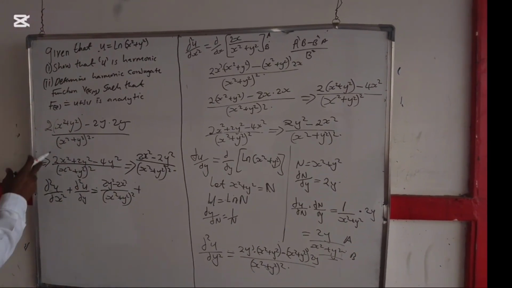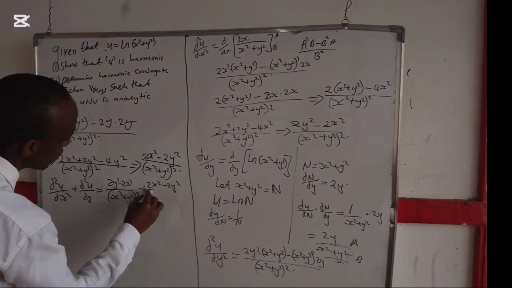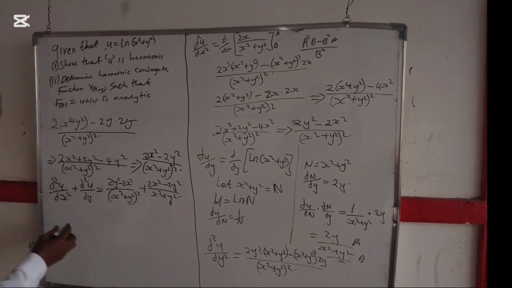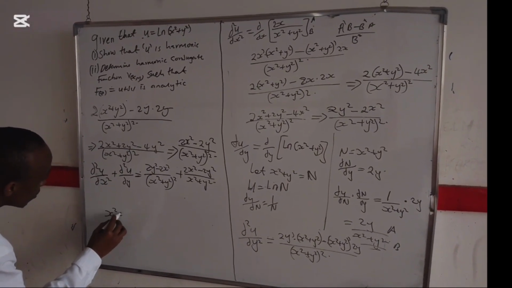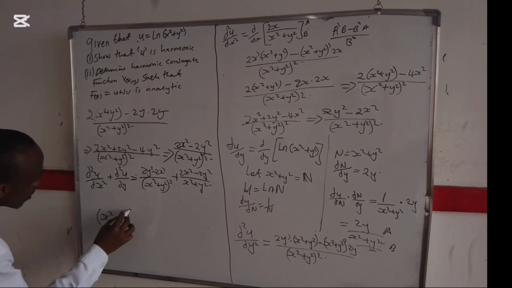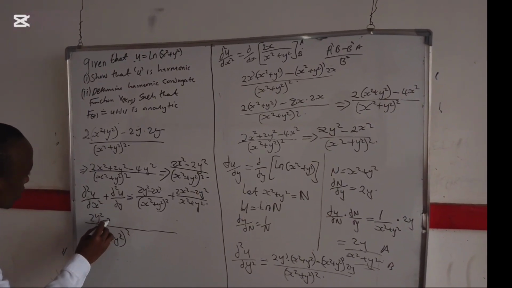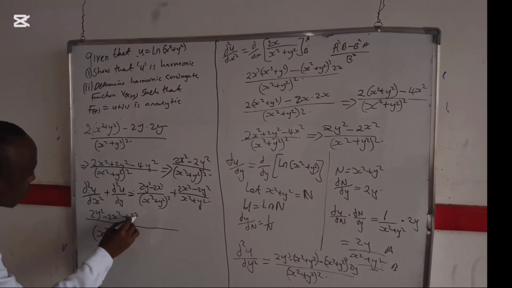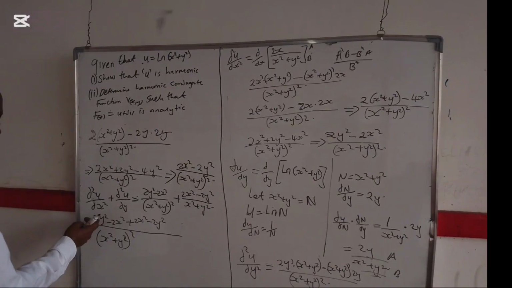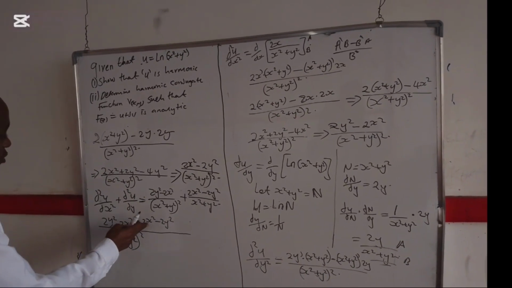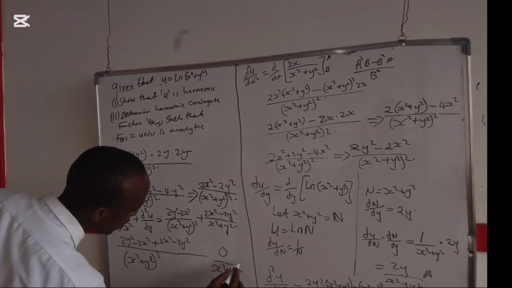Now the second derivative of u with respect to y, which is (2x squared minus 2y squared) divided by (x squared plus y squared) squared. This gives us, we have the common denominator, so (x squared plus y squared) squared, then 2y squared minus 2x squared plus 2x squared minus 2y squared, plus y squared minus y squared, plus 2y squared minus 2y squared is 0. So 0 divided by x squared plus y squared, we get 0,